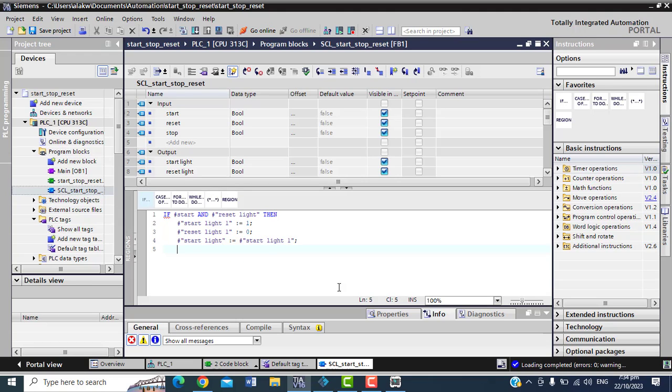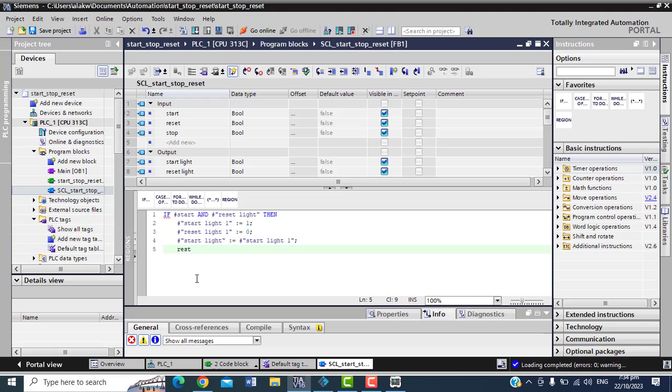So start light 1, I make my start light equal to start light 1. Somebody will say, why start light 1? What if I say start light 1 equal to start light? My brother, it is not the same thing. In programming, you actually pass the right hand side to the left hand side. So the value of this right hand side is passed to this left hand side. So start light 1 is made equal and put inside start light. I think I have not explained that one.